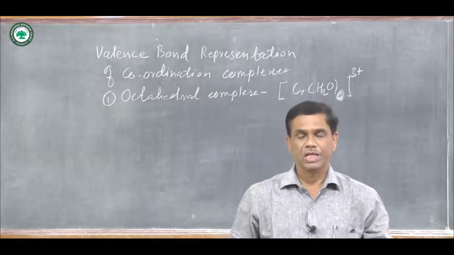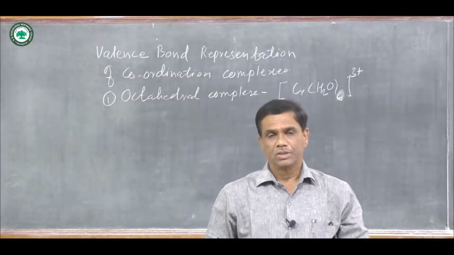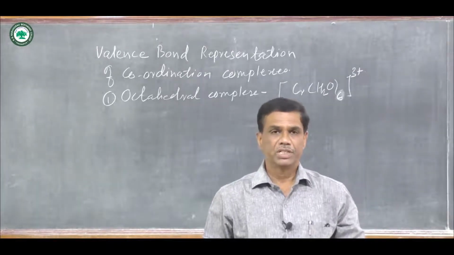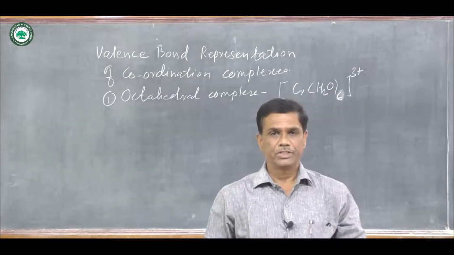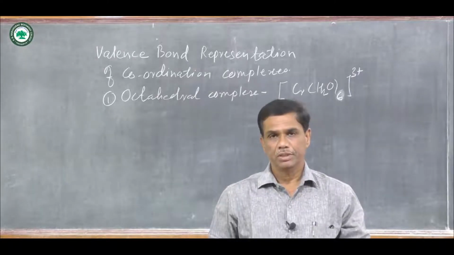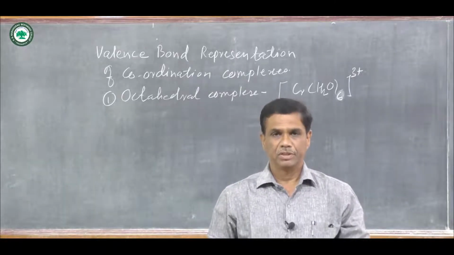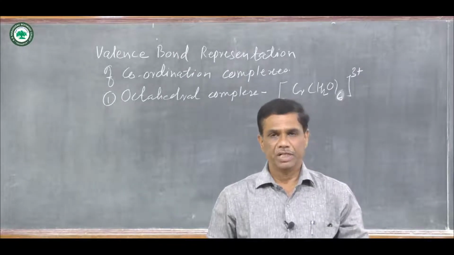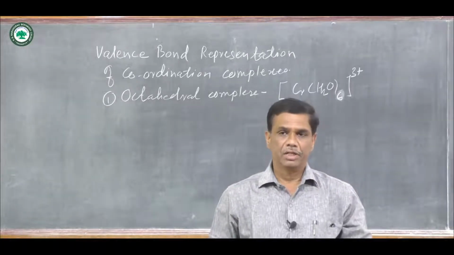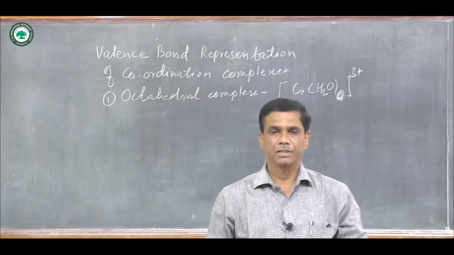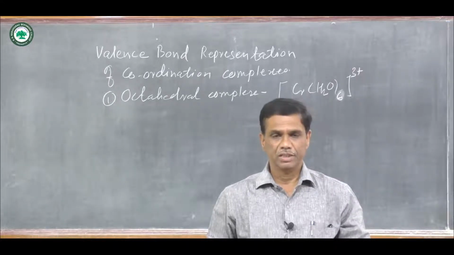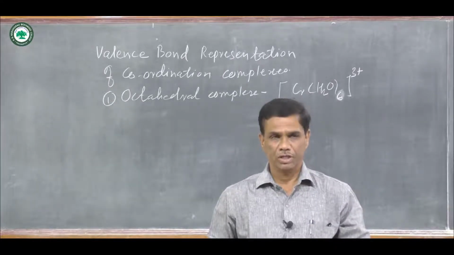CH332. In the last lecture, students learned the assumptions of valence bond theory, and various types of hybridization, meaning sp, sp2, sp3, dsp2, dsp3, sp3d, d2sp3, etc. Then what is meant by hybridization? How does hybridization involve the central metal atom orbitals combining to form various hybrid orbitals, and then overlapping of hybrid orbitals with atomic orbitals of a ligand, forming a coordinate covalent bond.